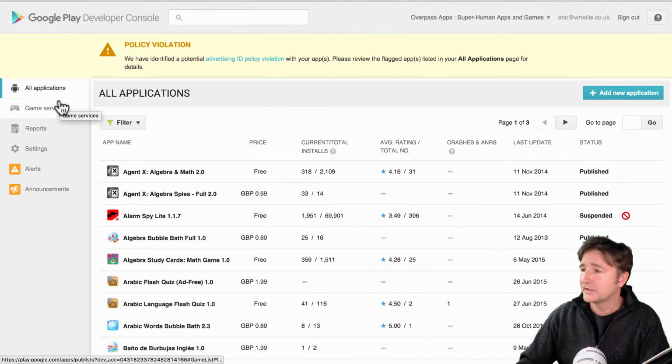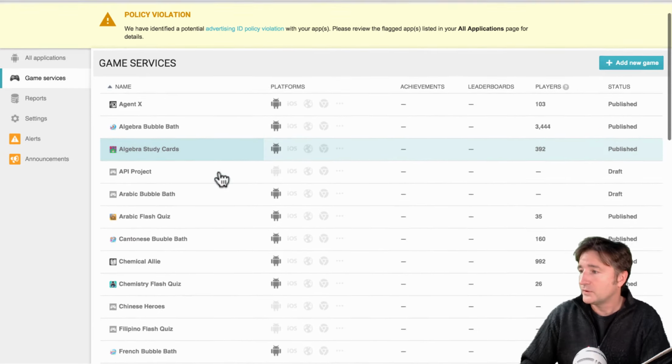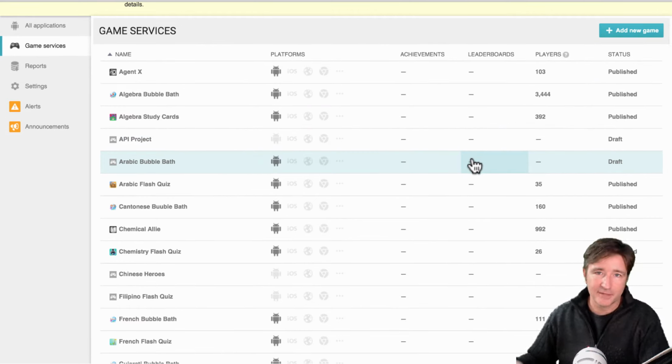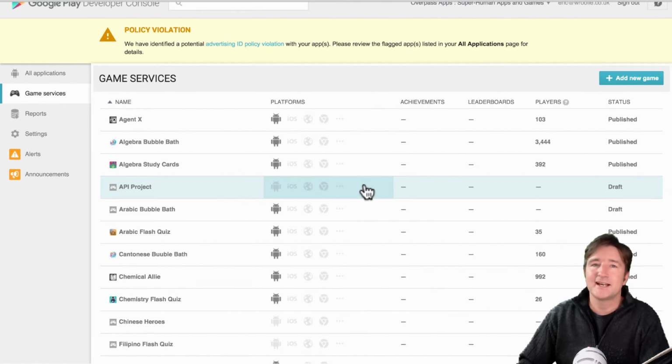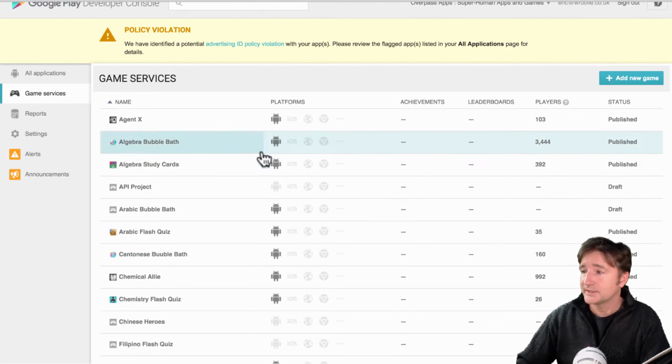This is where most everything is over here on the left, but I'll go through this other stuff here. Now, game services is if you're going to use Google Play game services. We've done that for quite a few games here. We don't have a lot of players, but if you're going to set up leaderboards and rewards and everything like that, you would set all those up there. It's kind of nice, but it really is not the best. My personal opinion is that since I'm going to release a game to both iPhone and Android, I want to have a leaderboard that spans both of them. And what we've done in the past is we use iTunes Game Center and Google Play Game Services.